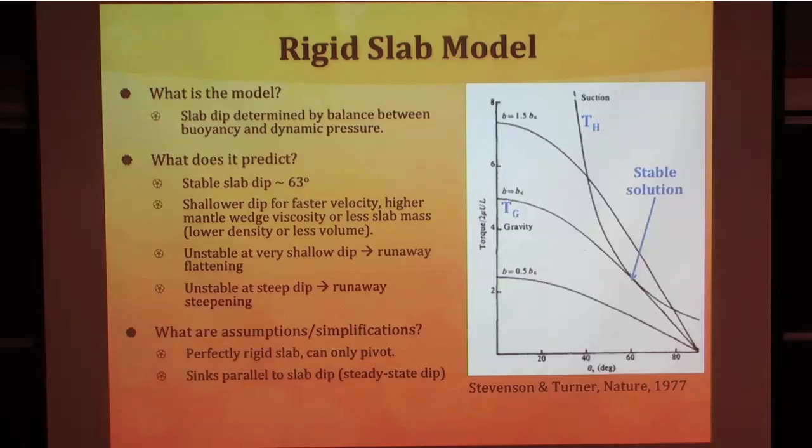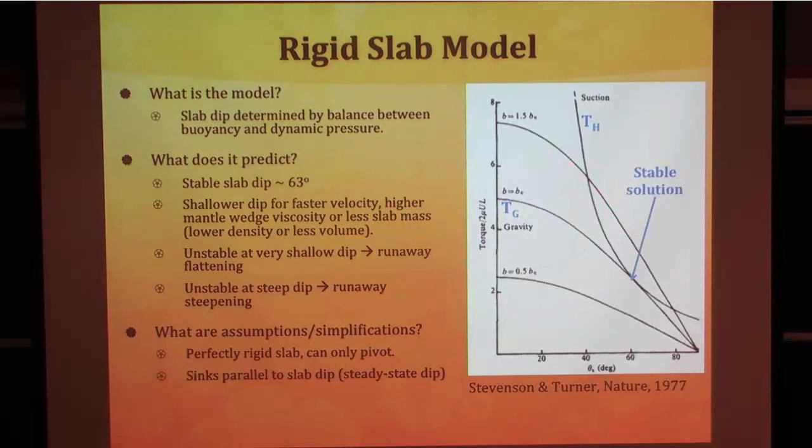Now, this has a lot of approximations, right? Slabs do not deform like this in the mantle. They're not paddle wheels. Okay? But this gives you a sense of, especially when a slab first initiates, you have this strong thing dipping down into the mantle, and the slab has got to figure out what its dip is going to be. Initially, that average dip is going to be controlled basically by this corner flow. And at that point, it's actually going to be a shorter slab, and so you'll be able to have shorter dips, smaller dips. What this also shows for the unstable sections, right, is that if